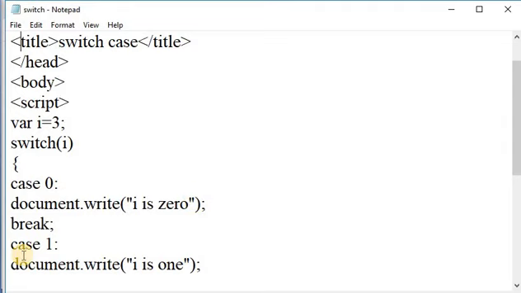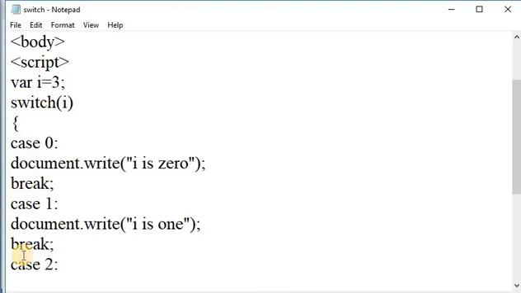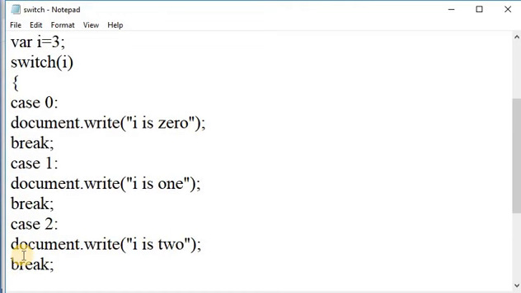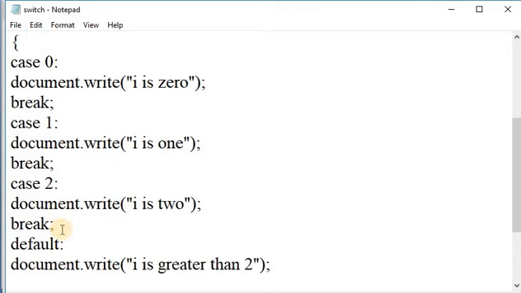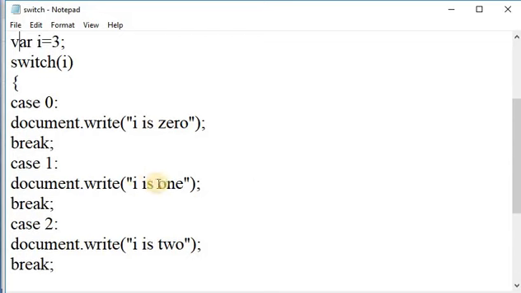Next, control goes to the next statement. Again it will check case 1. It is false. Then again case 2. It is also false. All conditions are false. That's why control goes to the default condition. In the default condition, I am printing i is greater than 2, because i is equal to 3. That's why this statement is printed on the web page.